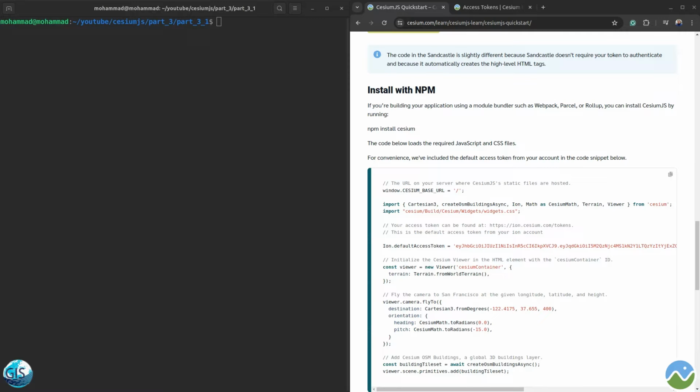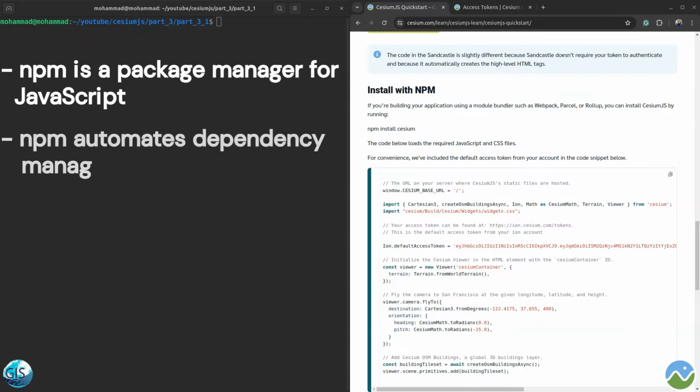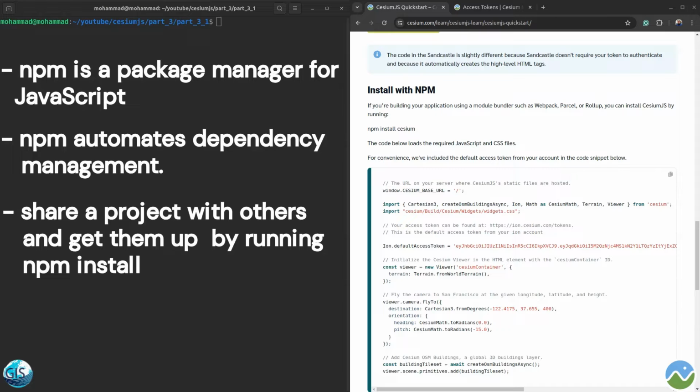Maybe it comes to your mind why we should do that. When you want to create a project that is longer running or has multiple developers and contributors, using npm and build tools in Node.js can be useful. npm is a package manager for JavaScript, widely used for managing dependencies in web development projects. npm automates dependency management. It becomes easy to share a project with others and get them up and running immediately